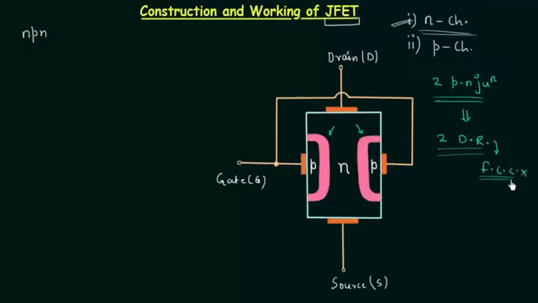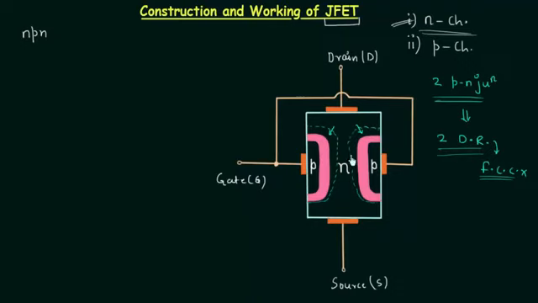There are no free charge carriers in the depletion region, so it will not help us in conduction. And if you increase the width of depletion region like this, then the width of the N channel will reduce,